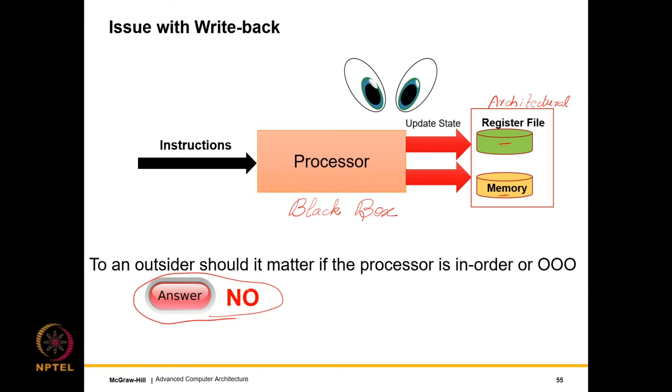The outsider should simply not care whether we are using an in order pipeline or an out of order pipeline, right? So it should not concern the outsider at all. It should not concern the outsider to the least bit what kind of processor is actually being used. All right. So given the fact that externally we want the behavior to be the same, how do we ensure that? So let us elaborate on this topic.